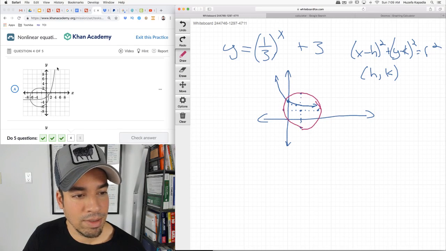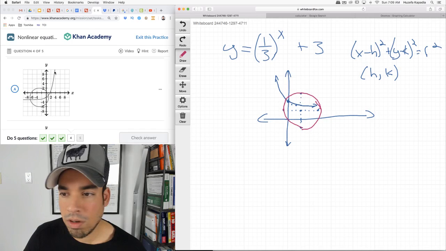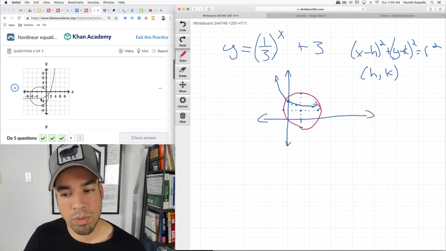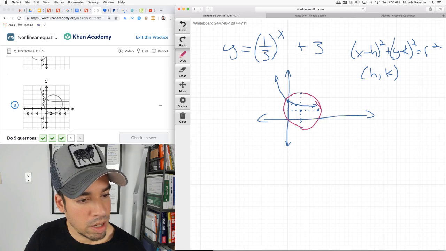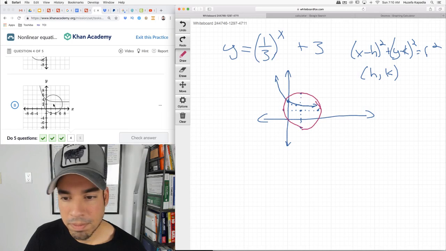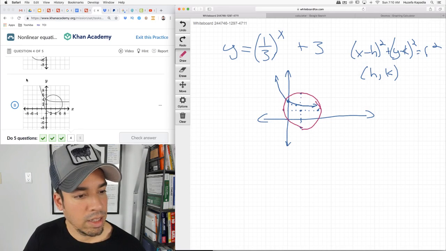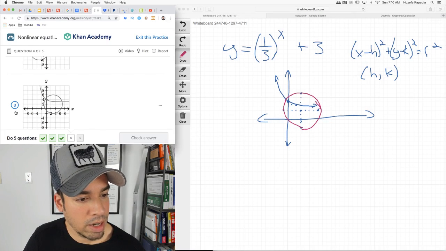So first of all, this is not exponential decay, so this is wrong, right? And the circle's way off too. It's not in the right spot. This circle looks to be in the right spot. Hold on. And the function looks right. Actually, B looks right, but